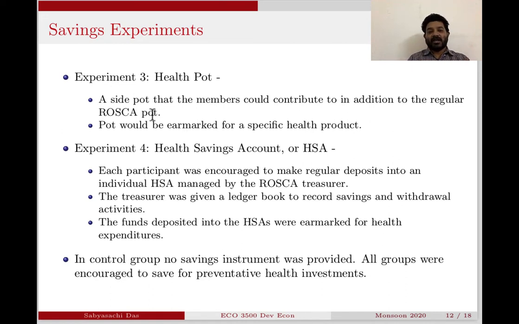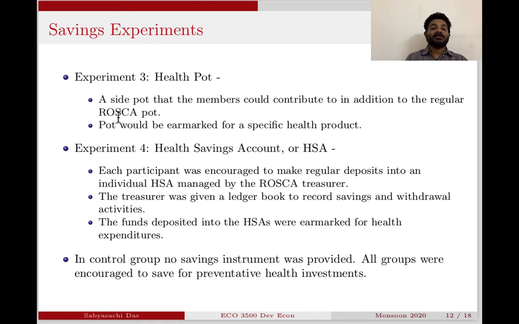One is the regular Rosca pot, and secondly they have this what is called a health pot, which is to be used for health purposes, and any subset of the members within a Rosca could choose to regularly contribute to this health pot. It doesn't have to be that all members of a given Rosca would have to agree for this experiment to happen. Any subset of members could do it. They could on the side run this savings system, and the pot would be earmarked for a special health product, meaning that